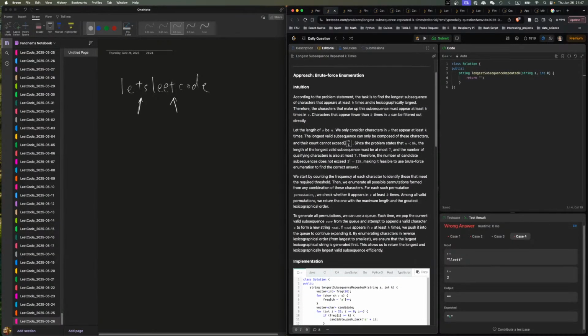For the longest subsequence of characters that appears at least k times and is lexicographically largest, the characters that make up this subsequence must appear at least k times in S. Characters that appear fewer than k times can be filtered out. Yes. Let the length of S be n; we only consider characters in S that appear at least k times. The longest valid subsequence can only be composed of these characters, and their count cannot exceed n divided by k. Since the problem states that n is smaller than 8k,